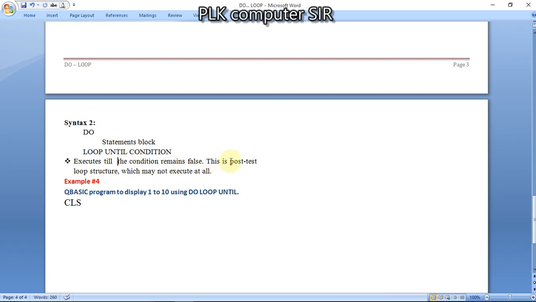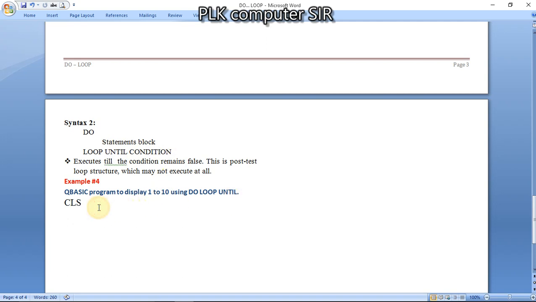This is a post test loop structure, which will execute at least once. It means if the condition is false, it will work; if the condition is true, then it will stop work.